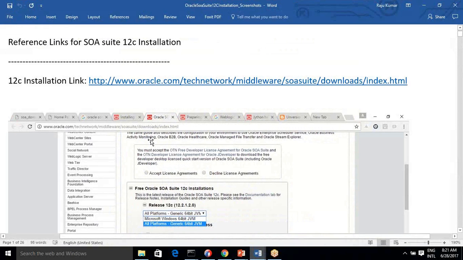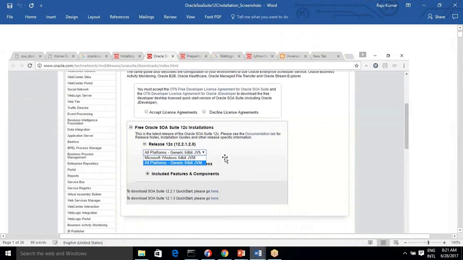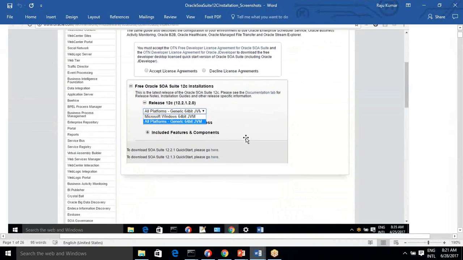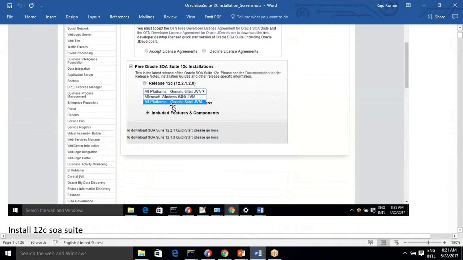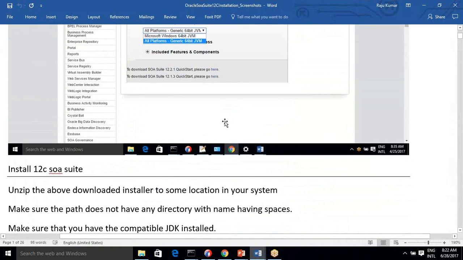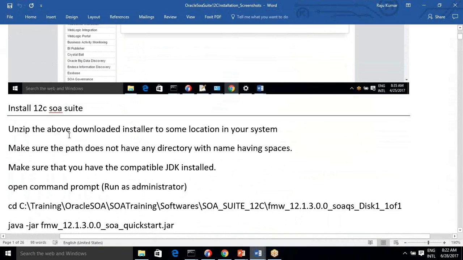What you need to do is go to this Oracle 12C installation site and download Oracle SOA Suite 12C generic version. You can check whether you need 32 or 64 bit. Instead of Microsoft Windows, you select this generic version and download this installer file on your system. Then unzip the